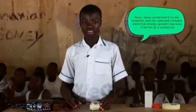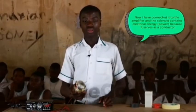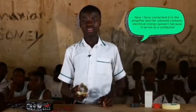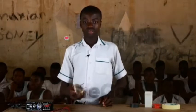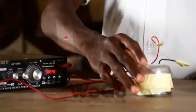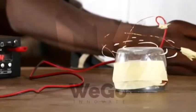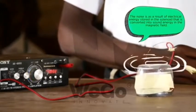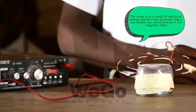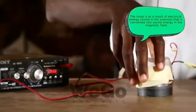So now I've connected it to the amplifier, and the solenoid is containing electrical energy because it serves as an inductor. So now I'll open my magnet. The noise is a result of the electrical energy stored in the solenoid that is converted into sound energy